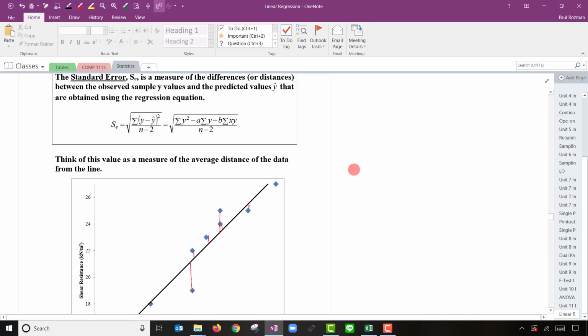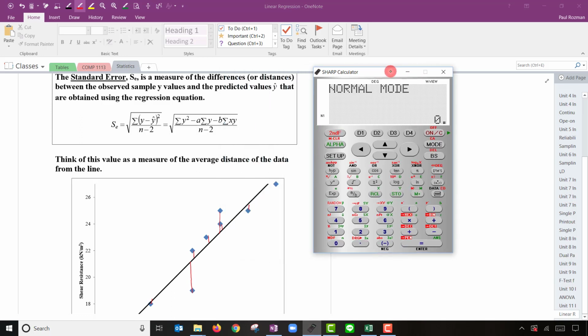So this formula isn't too bad to calculate, even if you're doing it by hand. It does have a calculation formula that makes it a little easier if you've already calculated your slope and your intercept, which you likely would have. But again, we'll use Excel to do this. I don't believe your calculator actually has a built-in standard error button, but it does have